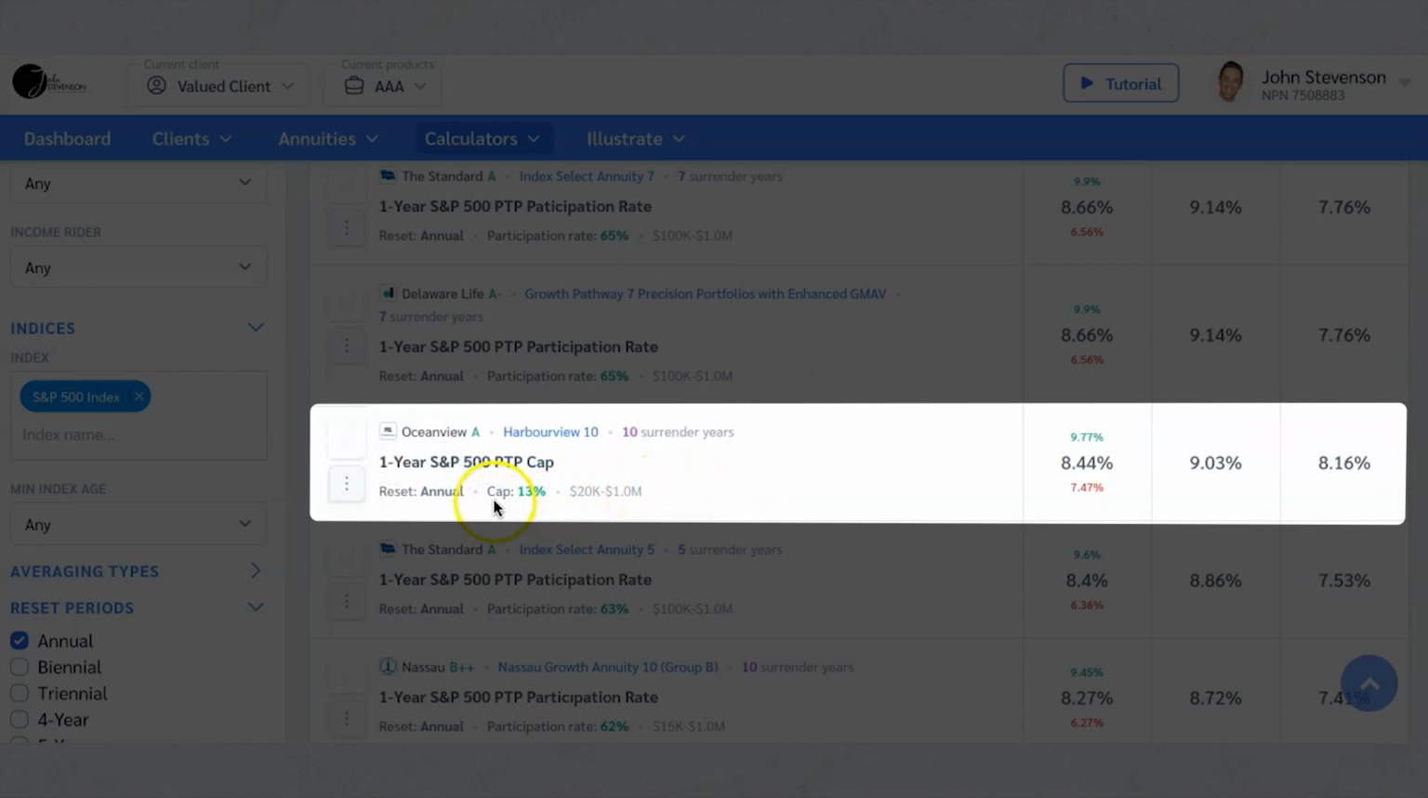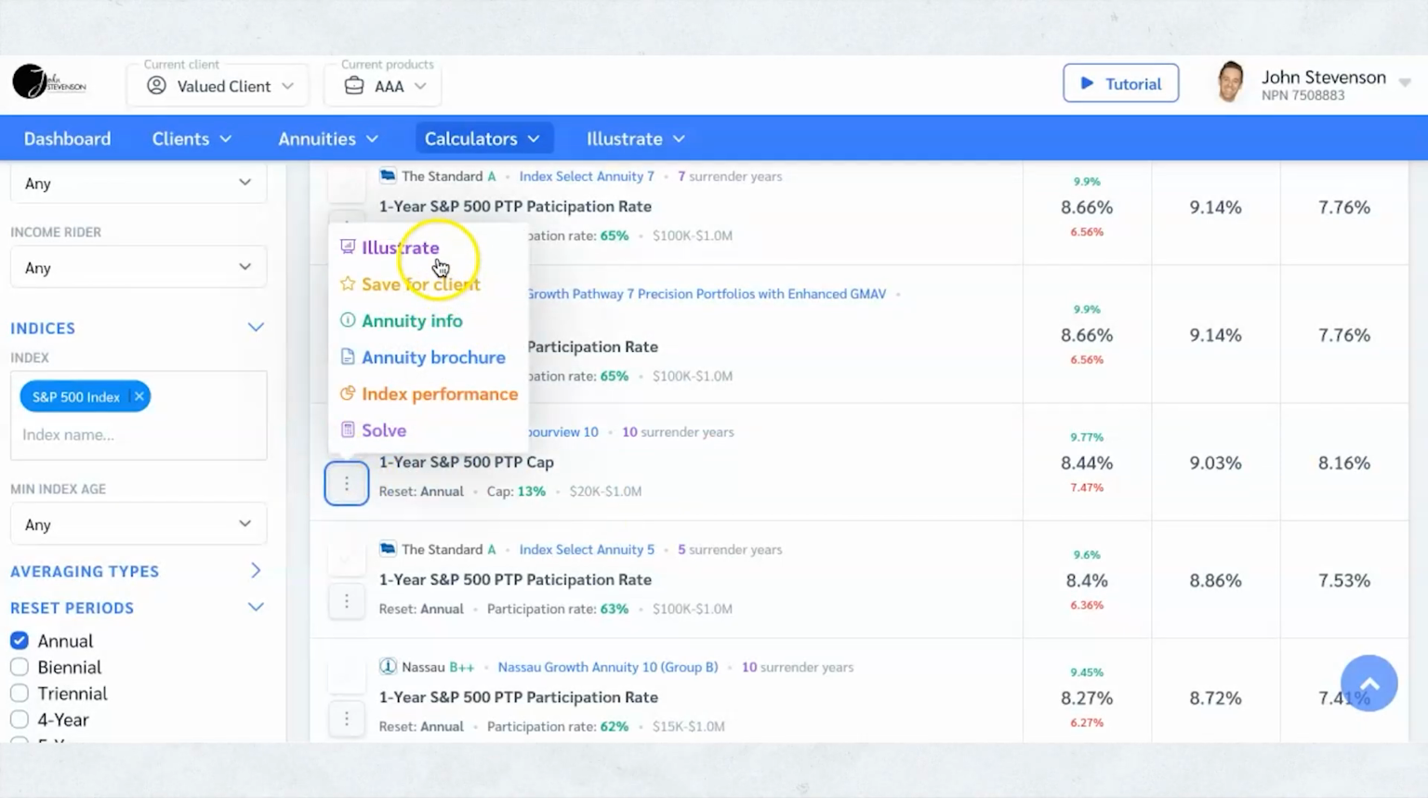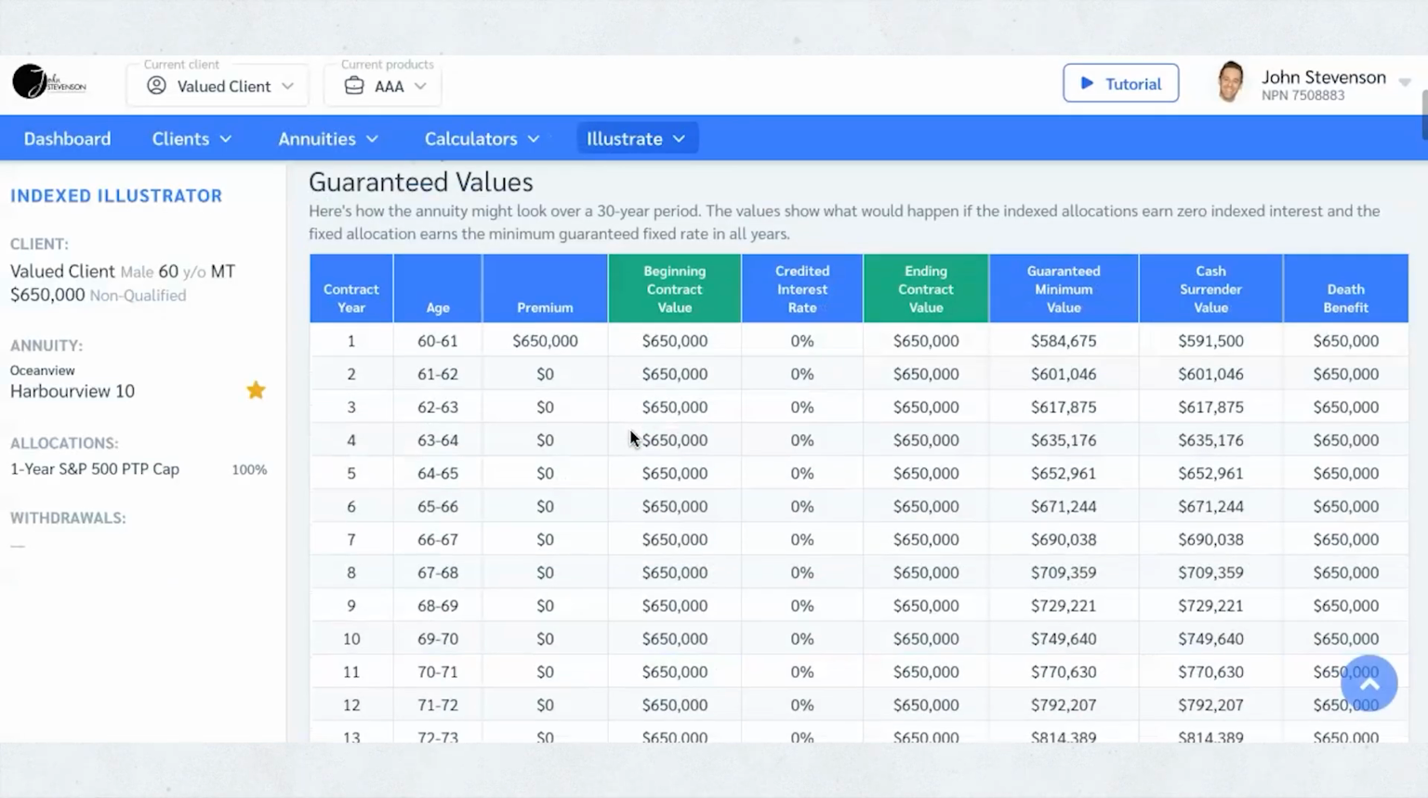Ocean View. Now look at the Ocean View one. See the cap? It's 13%. That is a big deal because the S&P has been doing very, very well, and the returns have been great. And so it's been hitting that cap a lot. That's why they're showing an average return of 8%, because there have been some years where it's down and those years are 0. So if I go in here and illustrate that...